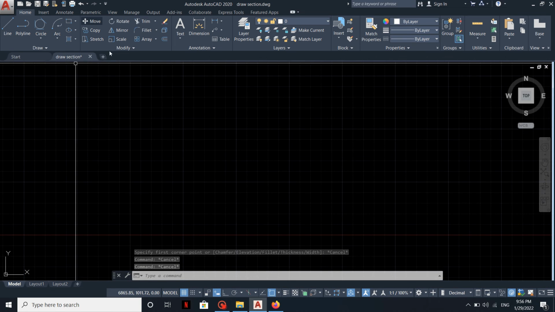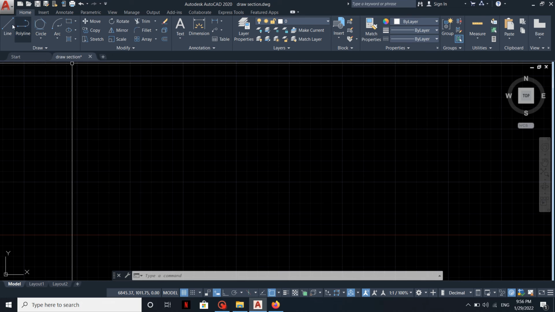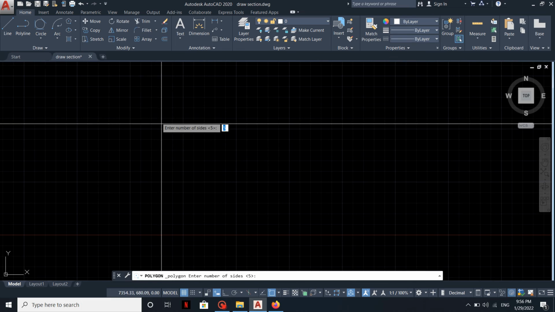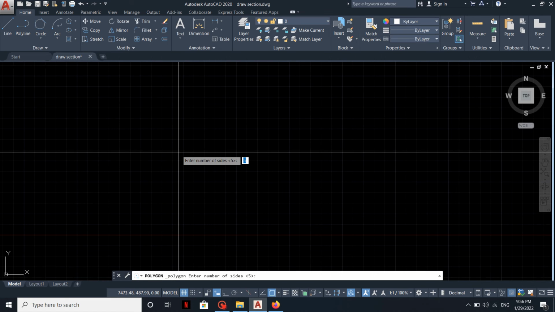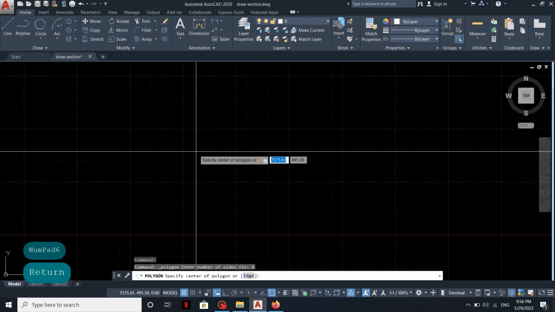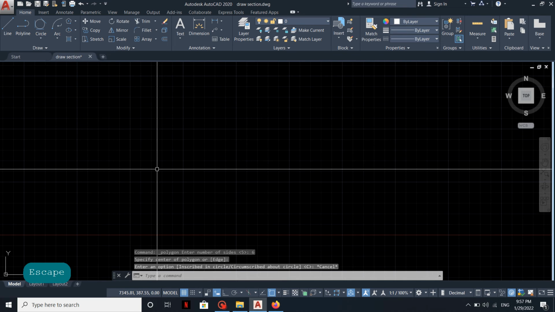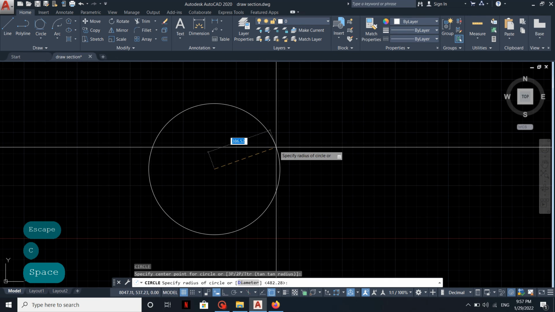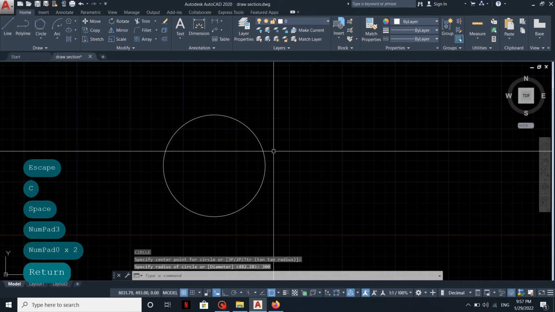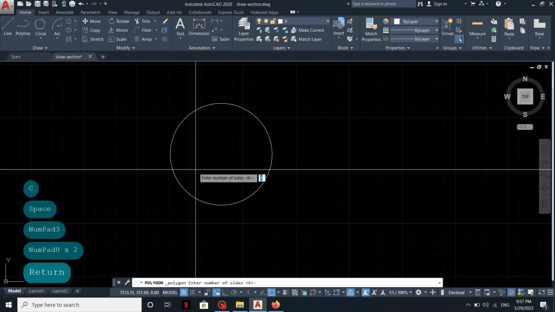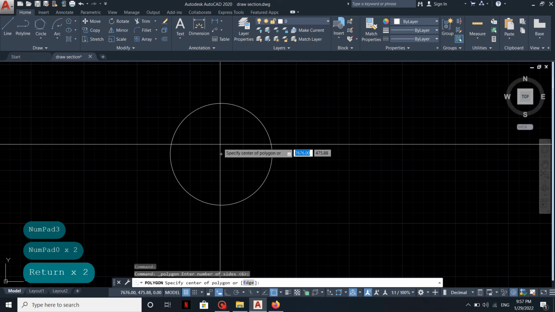After drawing a rectangle, you can draw a polygon. In the Home tab, Draw section, under the rectangle, you can find Polygon. You should enter the number of sides, for example 6 sides. Specify the center. You have two options to draw a polygon: inscribed in circle or circumscribed about circle. If we have a circle, radius for example 300, draw a polygon with 6 sides, enter, center of the circle,